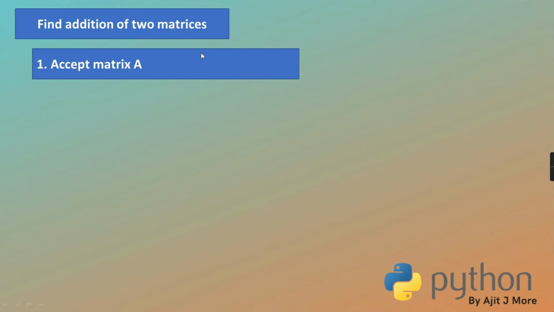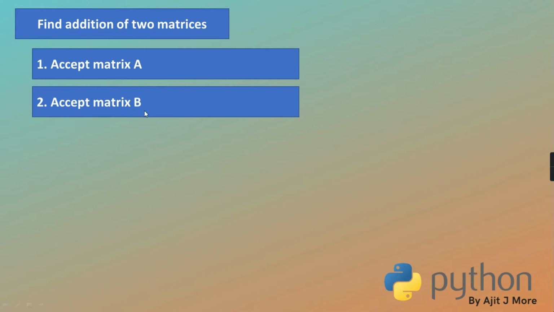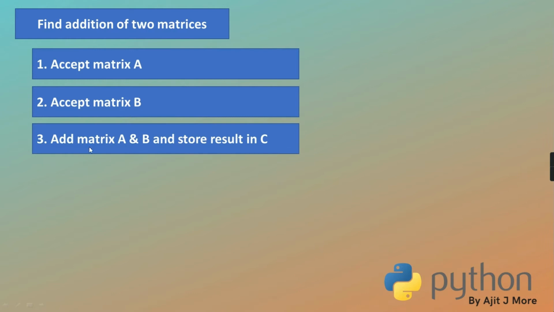And a matrix means its elements are in rows and column form. So all those elements you cannot accept in one single line. Obviously you have to accept many elements of one row, and that way many rows. So you have to write a nested loop. So you'll write that code for accepting the first matrix. Then you'll write a code for accepting the second matrix, isn't it? Then you'll write a code for adding the corresponding elements of A and B and storing them in C.